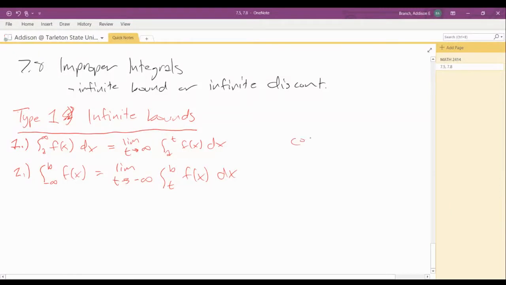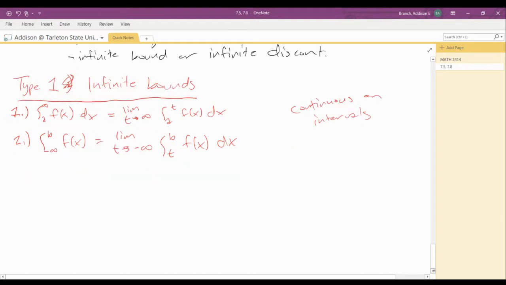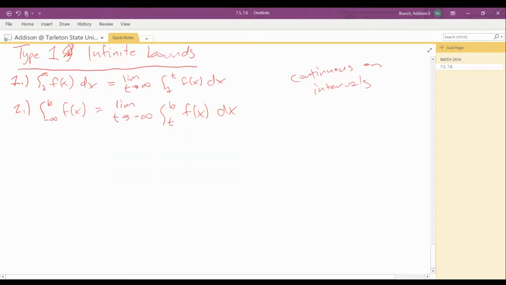Oh yeah, and both of these are continuous on their intervals. We will deal with that later on, if they're not continuous. And of course, we have our case 3,